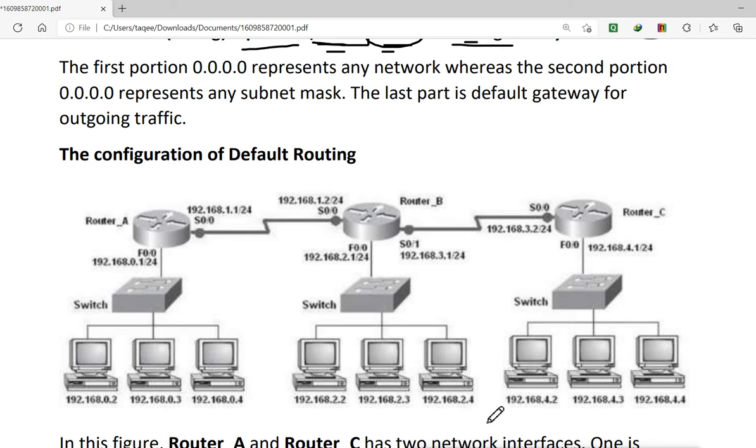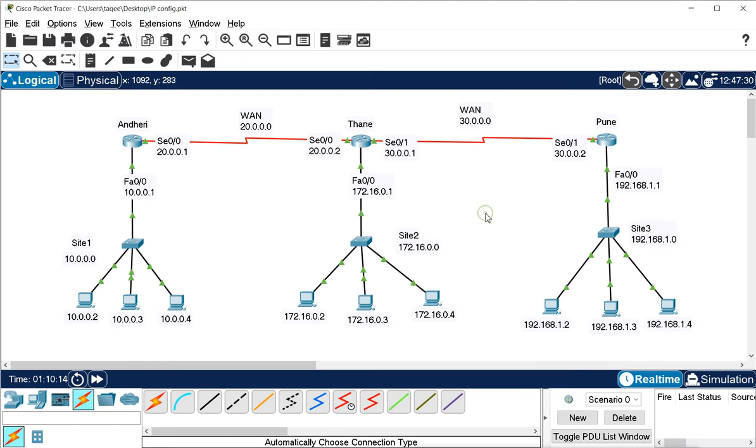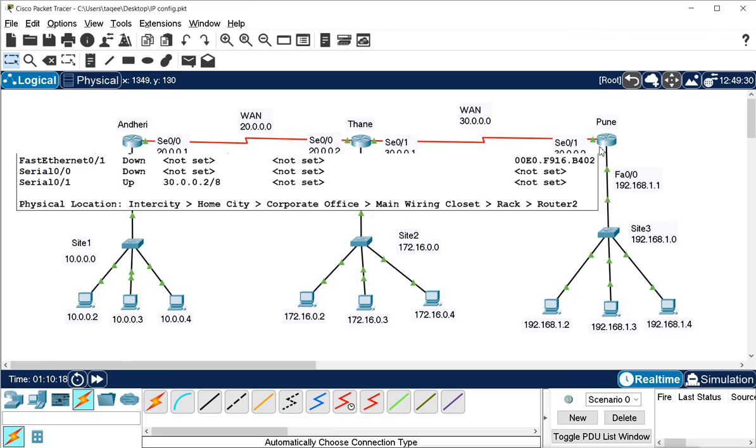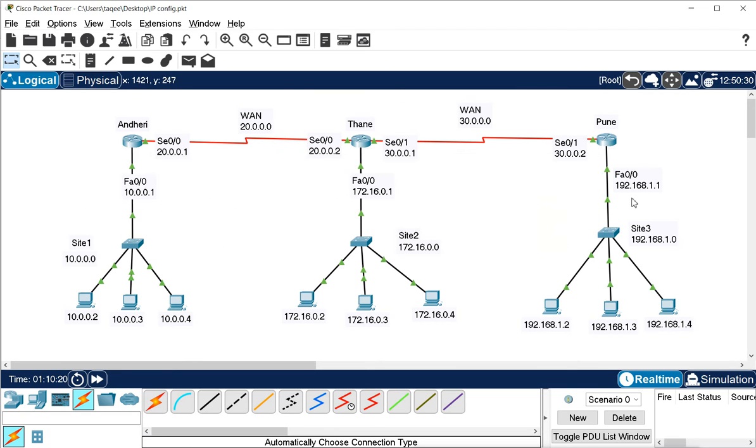So how will we configure that? Now let's see it here. I removed the routing from this router, so I will remove this network first and make it the internet here.